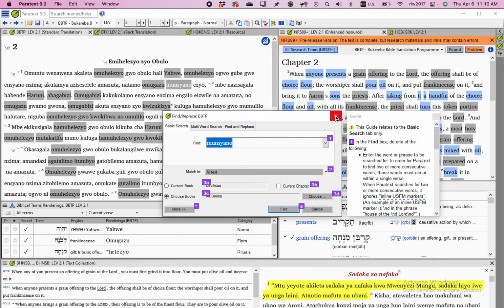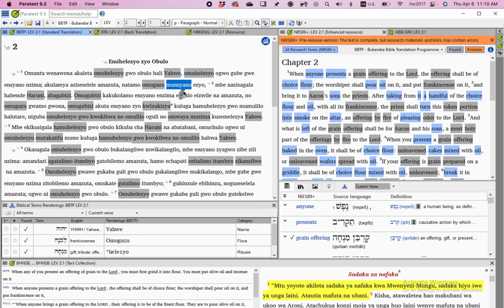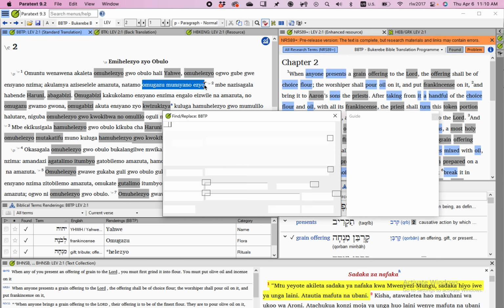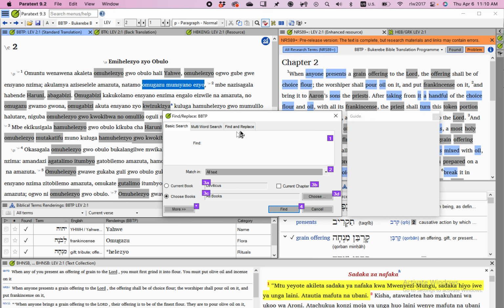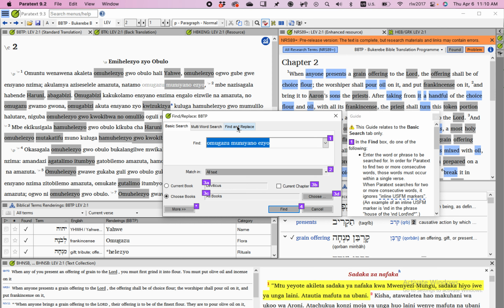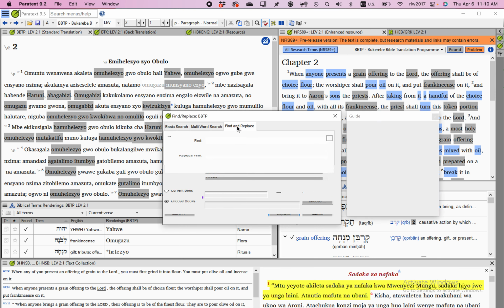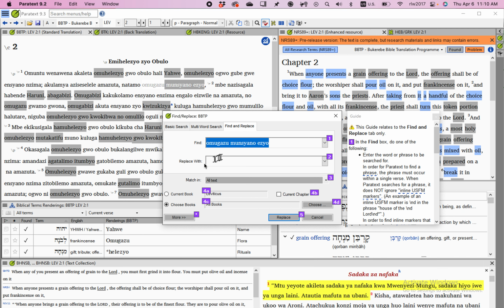You can also select a phrase. So say I want this phrase and click Control F. You can do the whole phrase. Now this also takes you to find and replace. Okay, so where you can replace it with another phrase. Okay, and then it takes you into the whole tool of replacing it